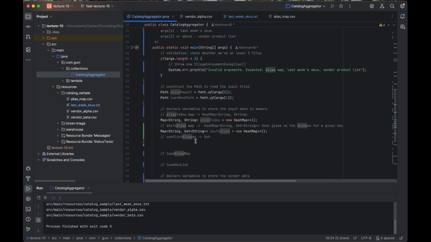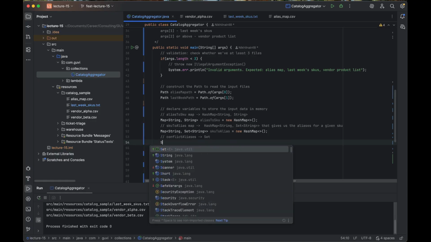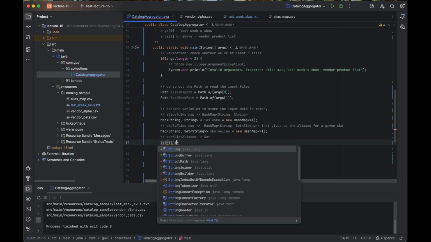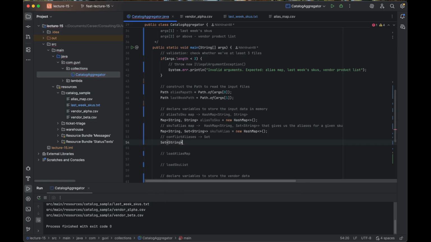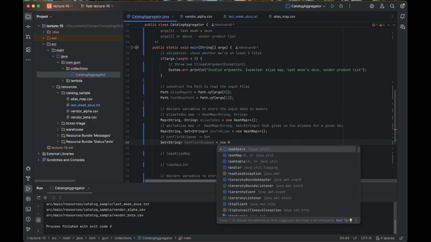So we need to track that. We're going to declare a Set of String, and it's going to be conflict aliases. And we'll instantiate a new